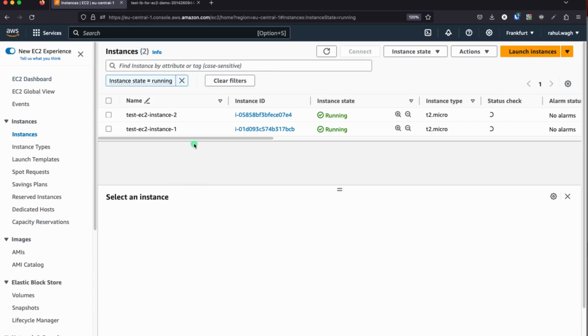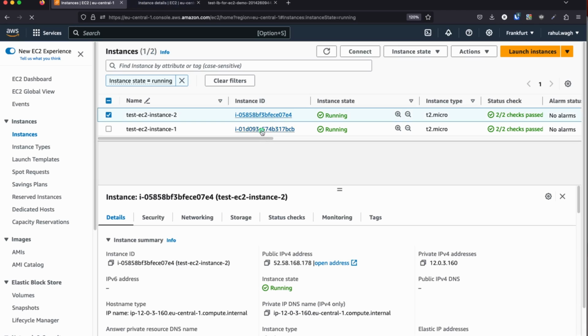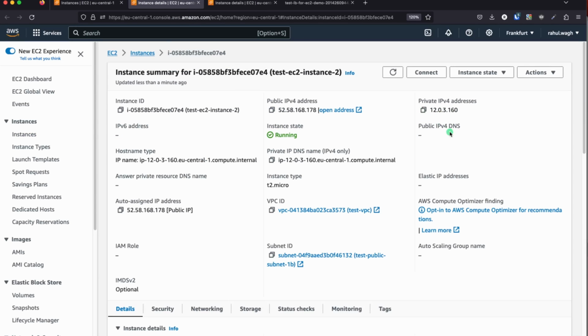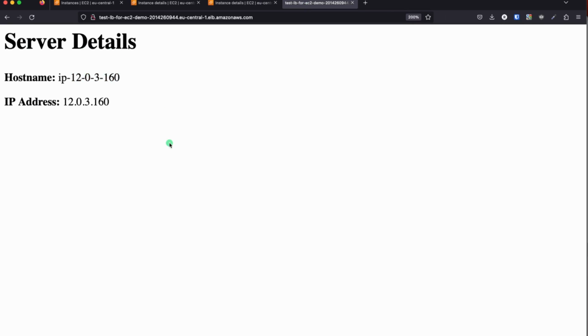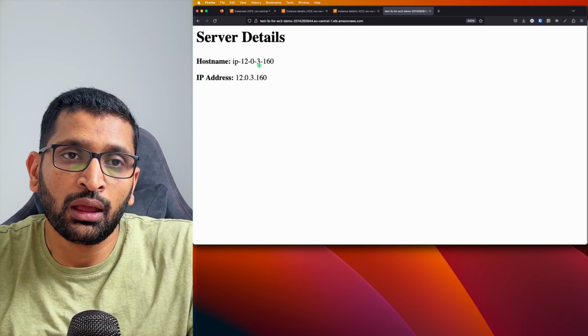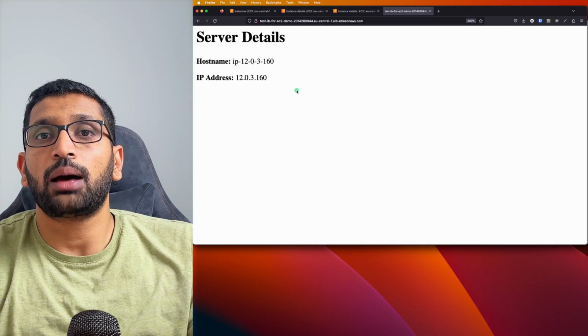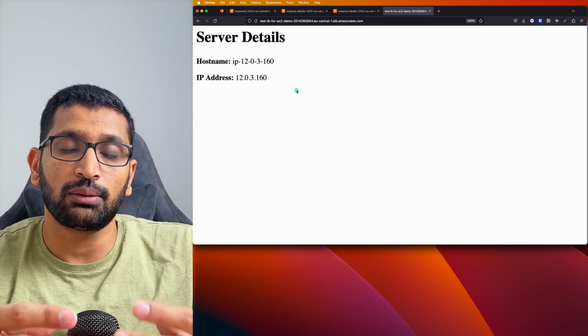So EC2 instances. I'm just going to open this one and this one. So the instance IP address, I'm just going to zoom in a bit if it is too small. One is 12.03.160, and another one is 12.01.142. So these are the two IP addresses. And if I refresh this, one request is going to the 142, and then another request is going to the 160. So that's how we set up the application load balancer,